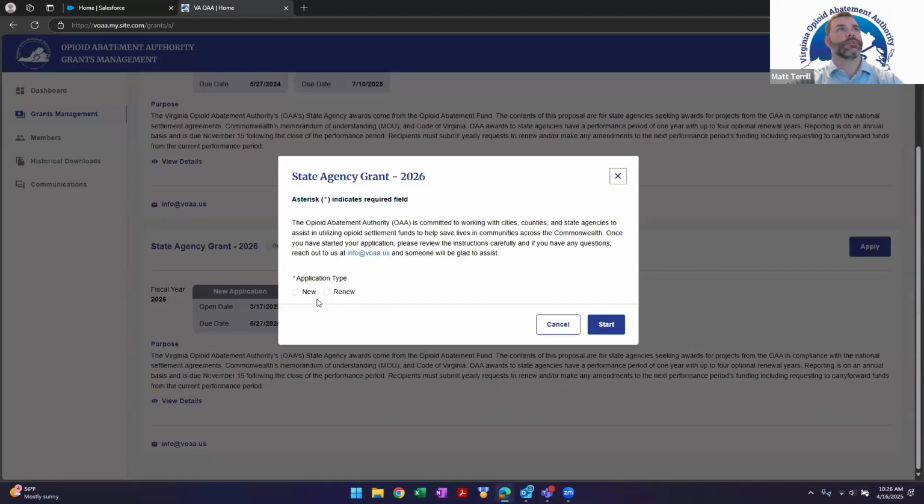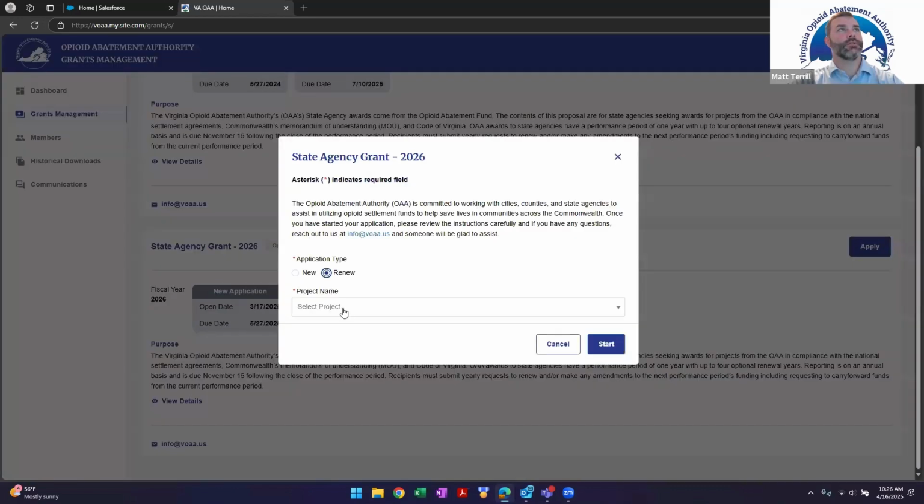Now, if the one I'm doing is a new one, I can click the new radial here. If I am renewing one, I can click renew, click this drop down, and you may have to scroll down a bit to see the drop down menu, but your projects that are available for renewal should show up here. If you do have a project that should be in renewal but you do not see it, please reach out to us at info@voaa.us, and we are happy to get that fixed for you.